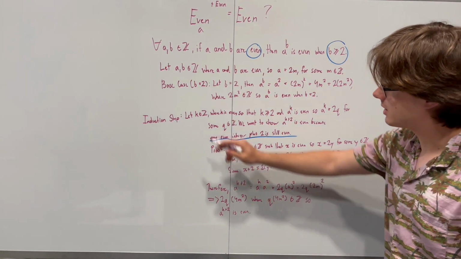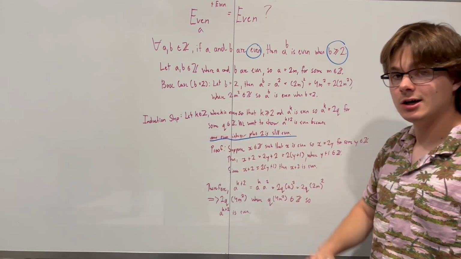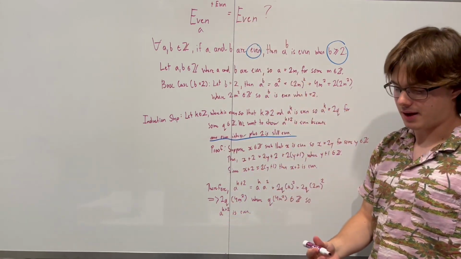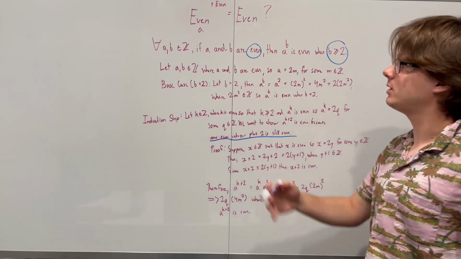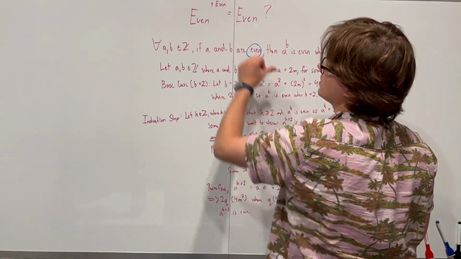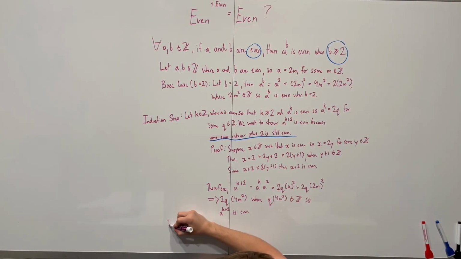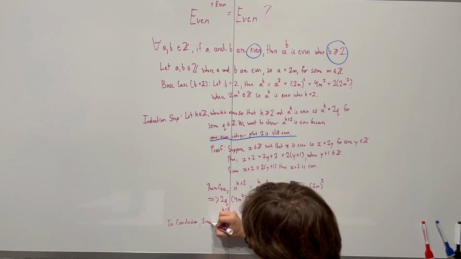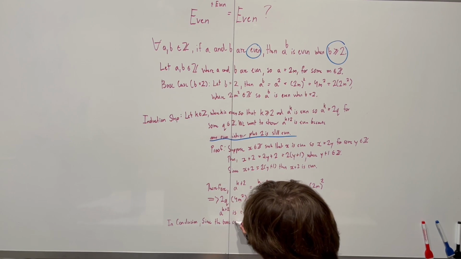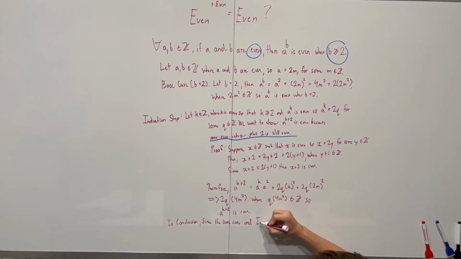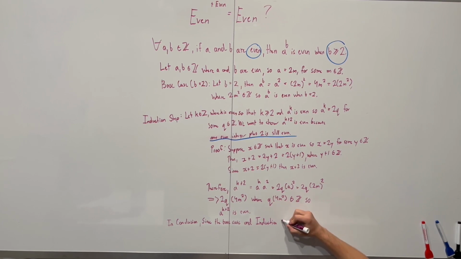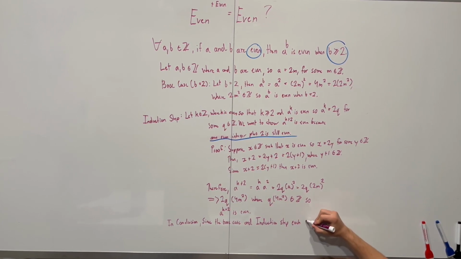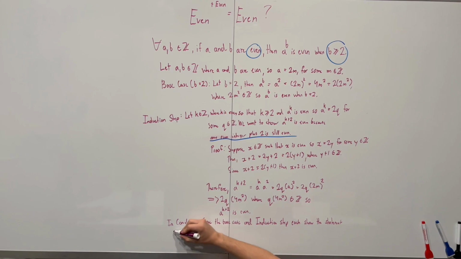So we can now conclude that because the base case shows the statement is true and the induction step shows that the consecutive even power is going to be true, then the statement must overall be true for all a and b. So we can then say, let's just erase the a here. In conclusion, since the base case and induction step each show the statement to be true for